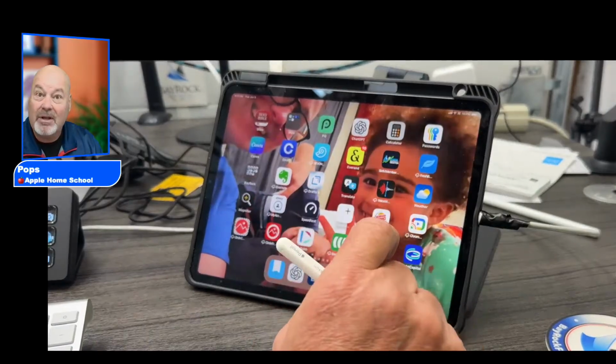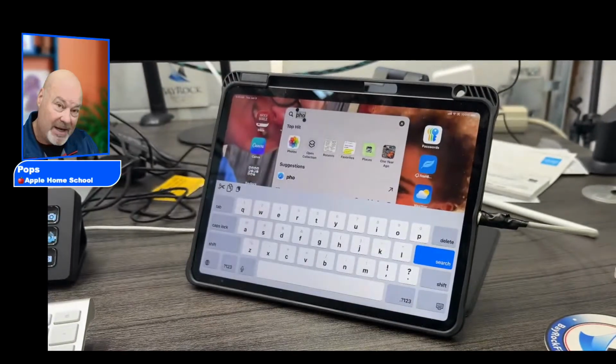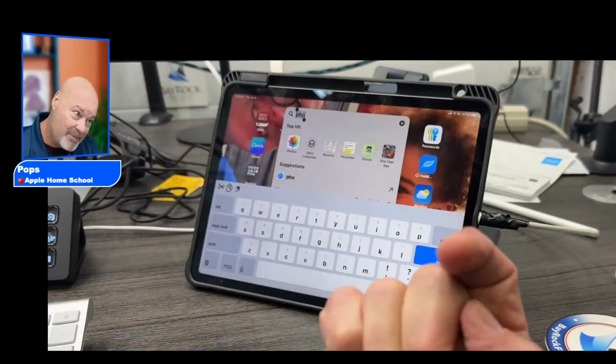So what are you going to do? How are you going to find photos? You're going to go photos, and there it is right on my screen. Now here's what I'm going to do. I'm going to take my finger,